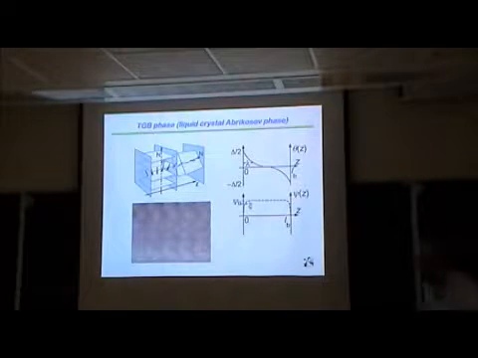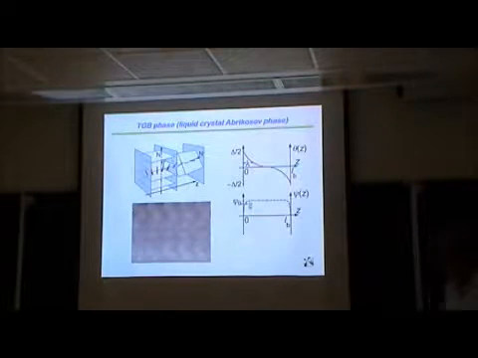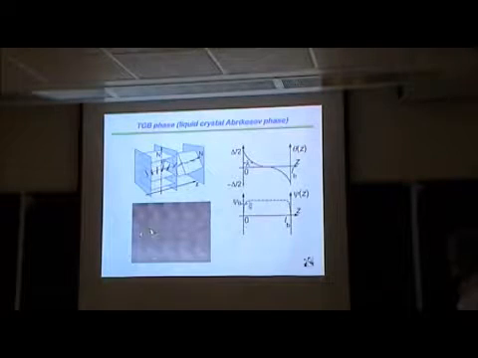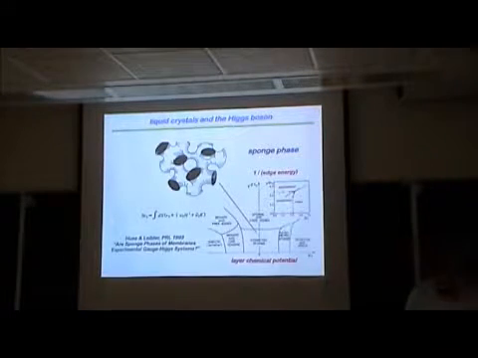So invented by Tom Lubensky and discovered by John Goodby. We don't have the citation here. So this is an experimental realization of a TGB phase in a smectic phase made of viruses. I'll talk about that in a few minutes. So you can see the precession of the layers. This is like in a wedge cell as you go across. Okay, so now